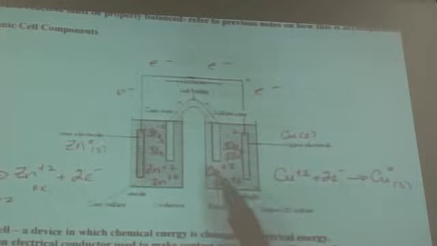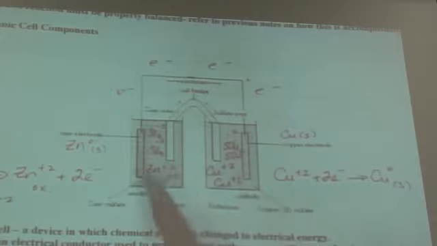Now, over time, what happens to these copper ions? They go bye-bye. The concentration of the copper 2 ions in the solution will decrease because they're forming elemental copper and attaching themselves to the cathode. Got it? And the zinc, elemental zinc, is making zinc ions,